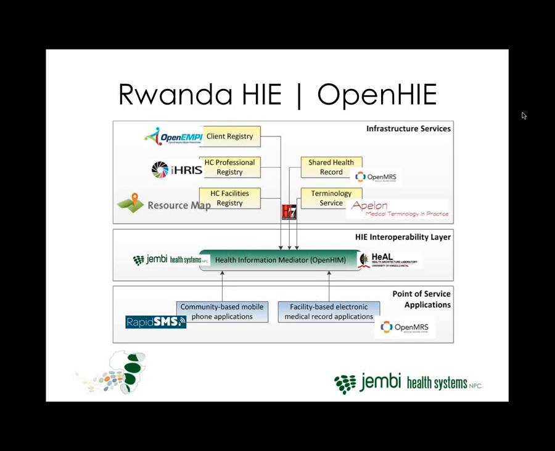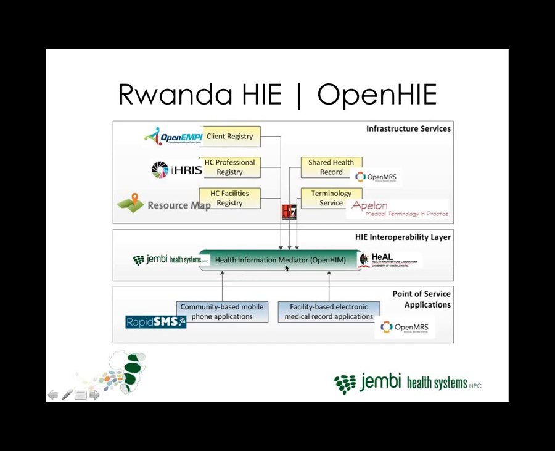Localization, by the definition of localization, I'm assuming we're talking of actual languages, the difference between the languages in country. The OpenHIM does not require any localization to it, as it's an invisible service. Users don't use it at that stage. It's really a transaction gateway, and what it does transforms. So it would pick up, for example, a message coming through from the OpenMRS that is an HL7 message with information about the client, so the patient who's collected it, where it was collected, who collected it, and what data was collected. And that message would go into the interoperability layer, or the OpenHIM,